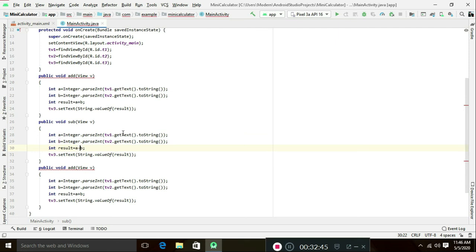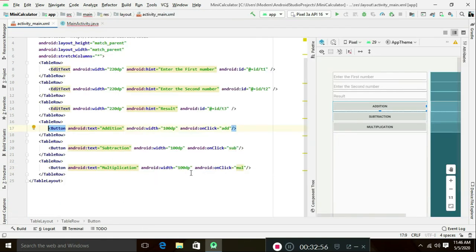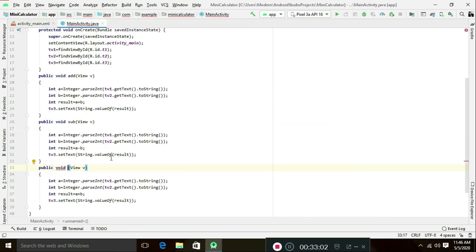In mul I will give the multiply operator to perform the multiplication operation. I hope you see the three methods in the XML file; those methods I implemented in Java. I hope you understand. The coding part is over.